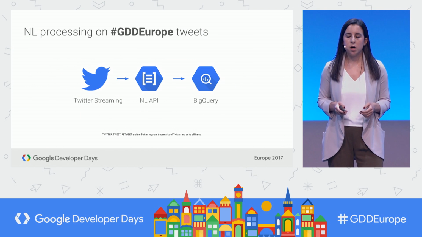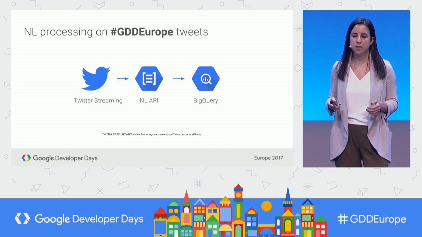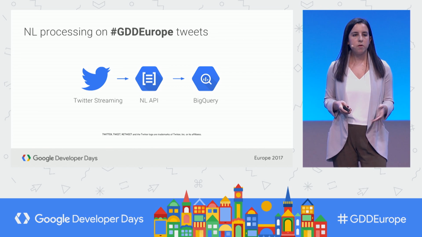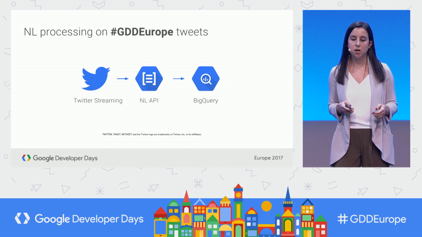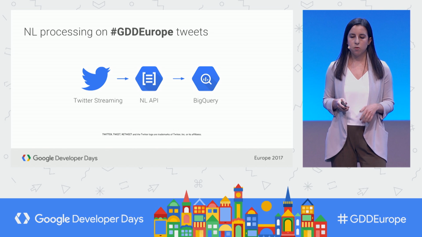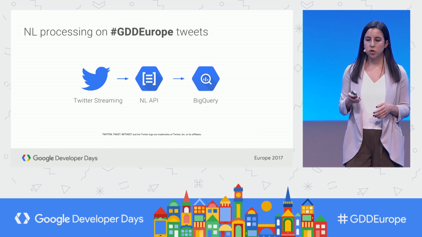So I want to show you a demo specifically focused on the syntax annotation endpoint of how you could actually use that in an application. So I've been running some natural language processing on tweets using the hashtag GDD Europe. And what I did is I wrote a little node script that calls the Twitter streaming API. And I'm just looking for tweets with that